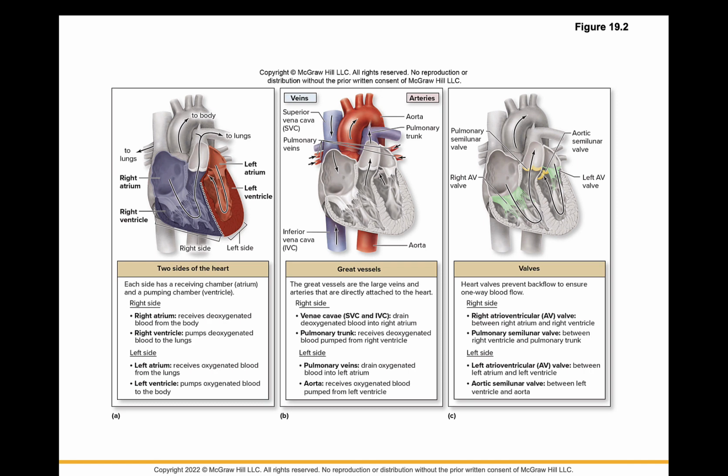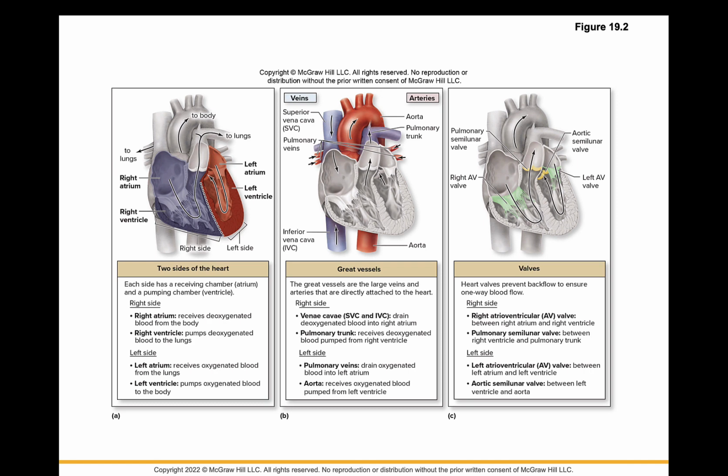If we look at the aorta, that is receiving blood from the left ventricle and is responsible for moving blood into the systemic circulation. The last panel here is actually looking at valves. There are two sets of valves. On the right side, we are going to find the right atrioventricular valve, and that separates the right atrium from the right ventricle. We are also going to see the pulmonary semilunar valve, and this is the valve that's separating the right ventricle